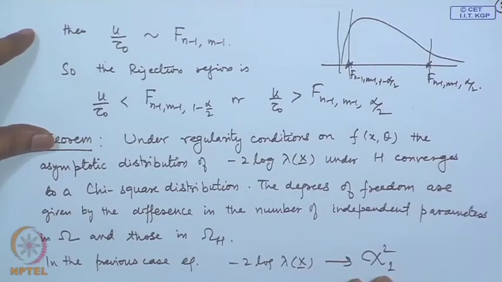Now, this is a very useful thing, because once the convergence is there, one need not look for the exact distribution all the time. In certain cases, of course, like in the normal distribution cases, we are able to derive exact distributions, but many times, like in the discrete distributions, either we have to deal with distributions like binomial, Poisson, or we have to look at special tables like we had mentioned about the 2 by 2 contingency tables testing. So, in those cases we can consider this approximation, and usually it is considered to be good.